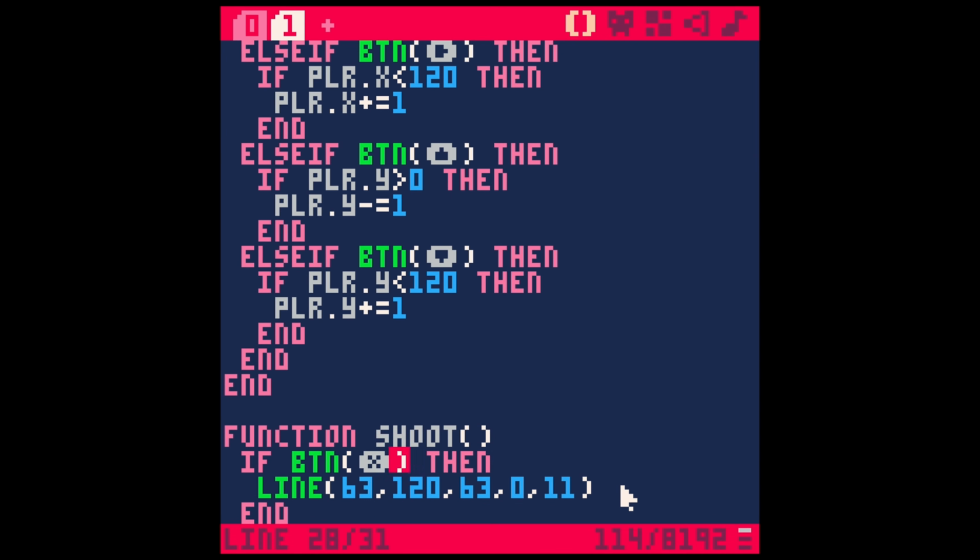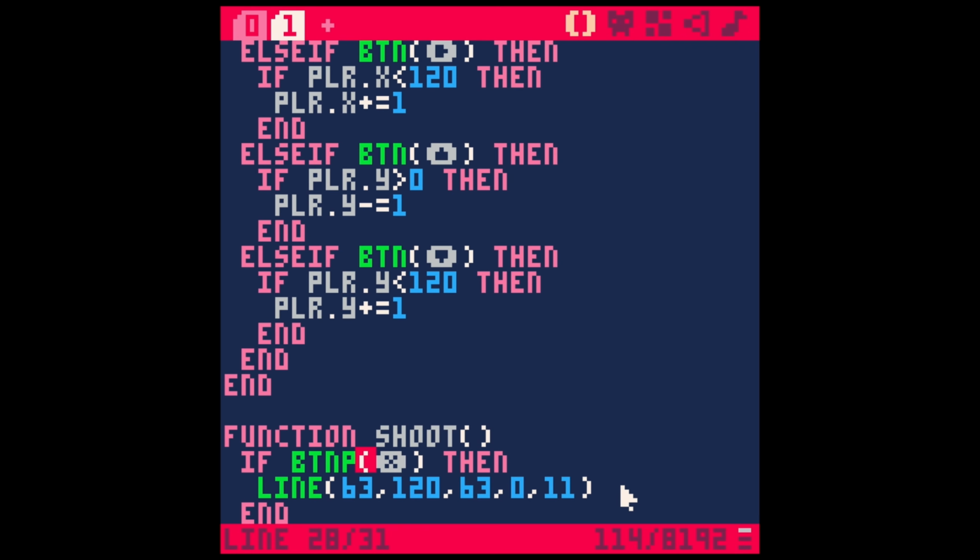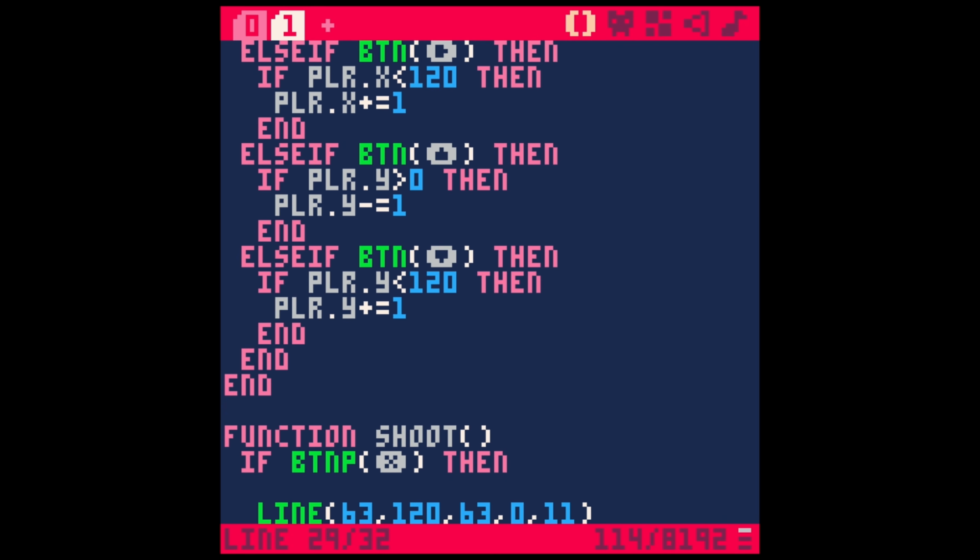Now, we don't want that to be on all the time, so let's say button P. That just means button just pressed, save, run. And now if I hit X, it kind of blinks off and on, which is actually going to work just fine for our laser. But generally, it's just when I hit X, it's going to be on for like 1 frame. So let's have this follow our player,